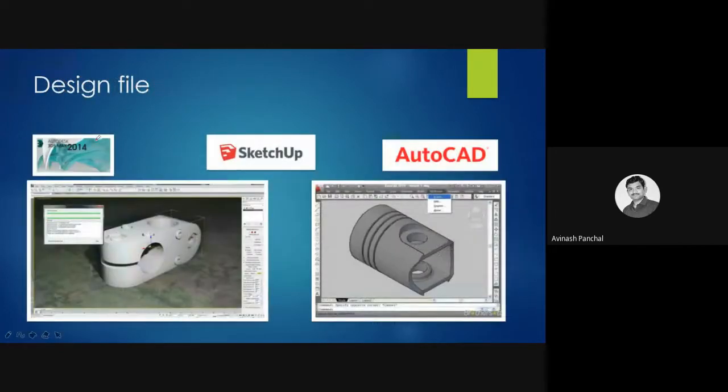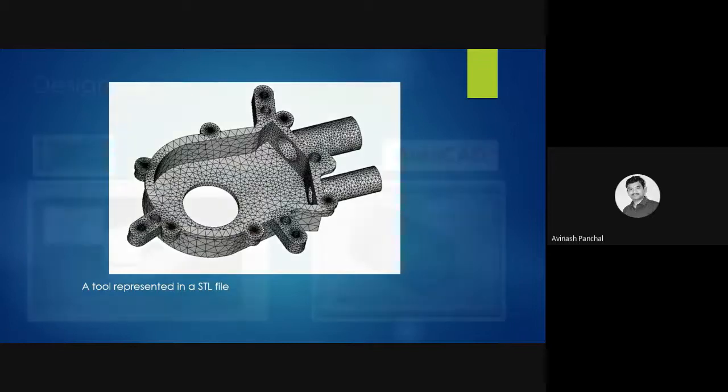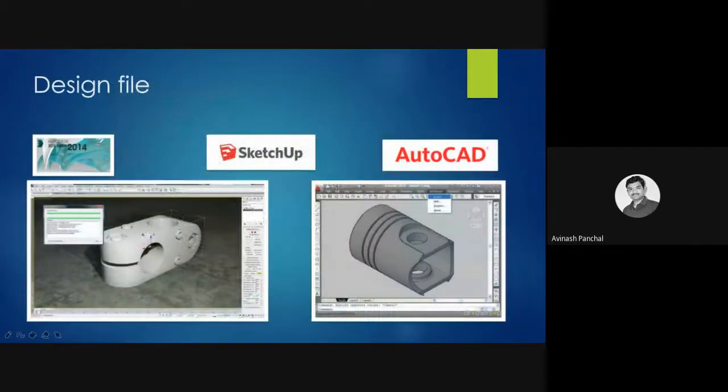The next one is the design file. Already what I have shown you is that we can use Autodesk 3ds Max software. You can make these 3D parts in this software, or we can use SketchUp.